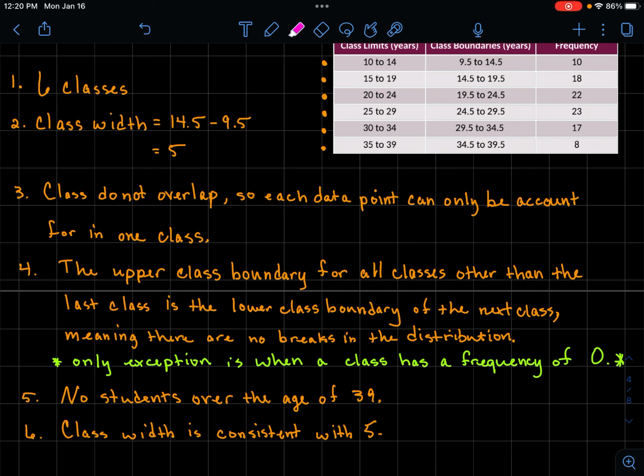Okay, and finally, all the class widths have to be consistent. They have to be exactly the same. We checked it in step 2, but if you look at all of the class boundaries, the lower class boundaries subtracted from the upper class boundaries, that's all an interval of 5, so that does stay consistent. So with all of our attributes, we know that this data that has been collected is an example of a grouped frequency distribution. So there's all of the attributes that you need to know and how to